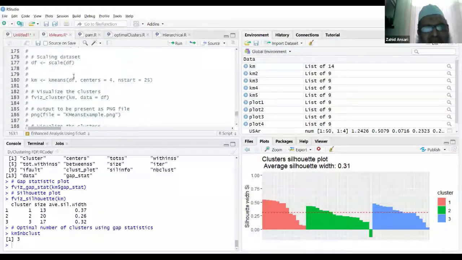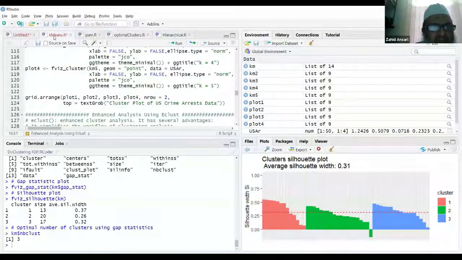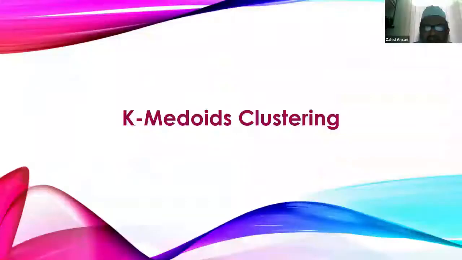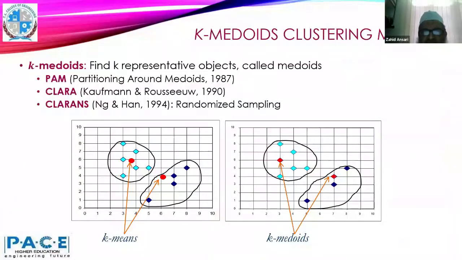So I think this much is enough as far as the discussion of k-means is concerned. I will move back to k-medoids clustering. I want to show hierarchical and density-based clustering also. Okay, k-medoids clustering. What difference did I mention between k-means and k-medoids? In k-means clustering, the centers may be imaginary points, basically the average of all the points in the cluster.